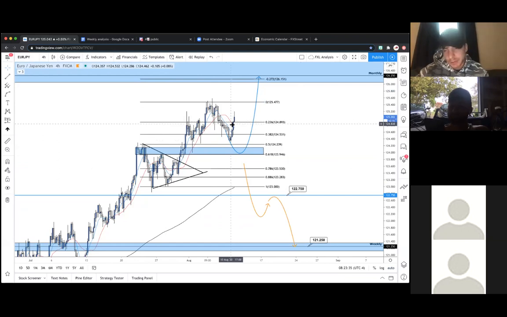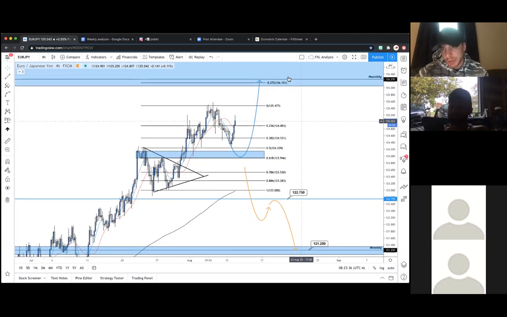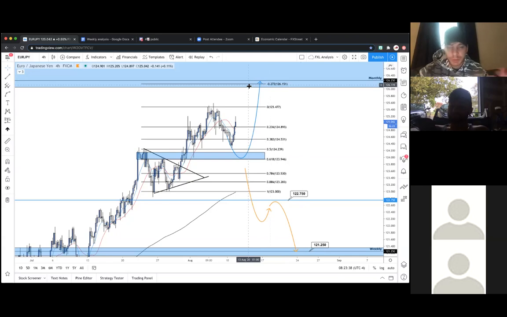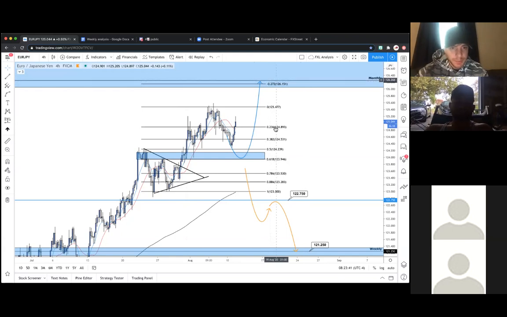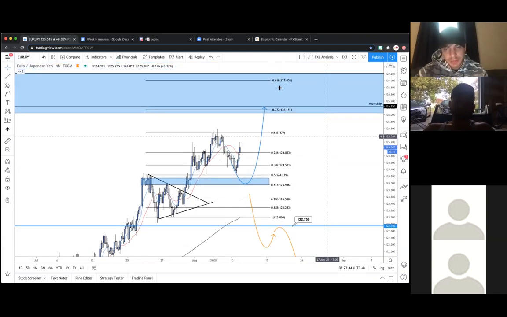That's a good potential entry. And then we would be targeting towards this monthly negative 27 fib level. And then that would be a final TP up in this area, because we're anticipating some sort of reaction from this monthly. We're not just calling a break of that zone. We're just going to play a trade into that zone.